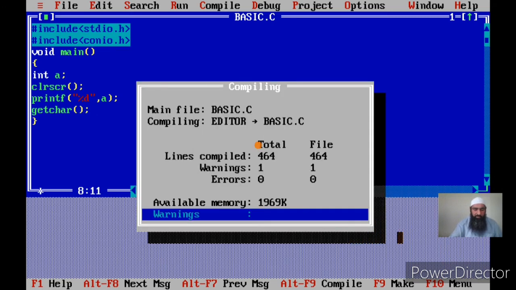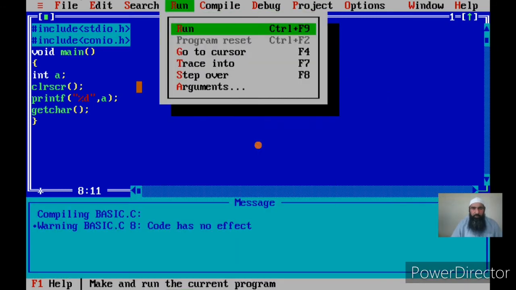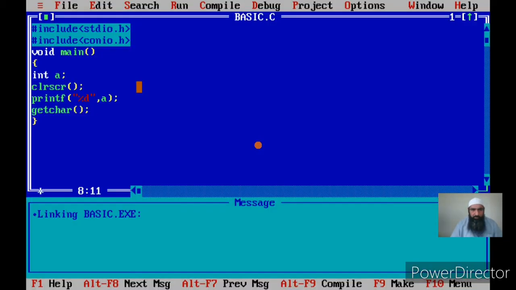Now once again I compile this program first, then I run it. I run this program, and let us see the output again. See, it is again displaying a junk value which we have not given. When the program is run next time, it is not necessary that a will be bound to the same location where it was bound previously. Binding a variable name to a variable is assigning a name to the variable or memory location.